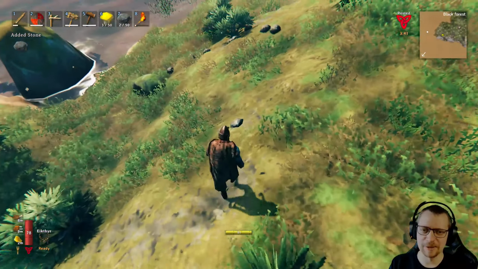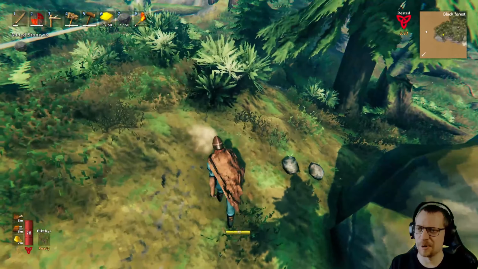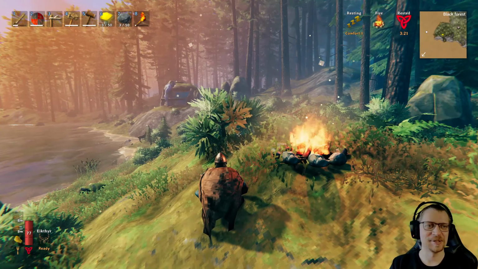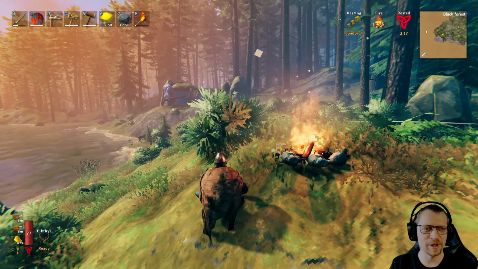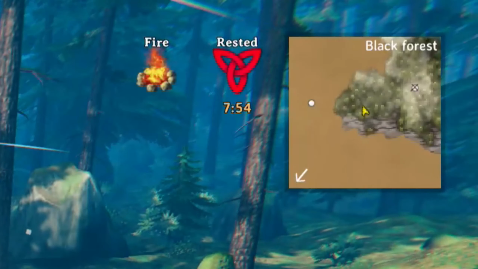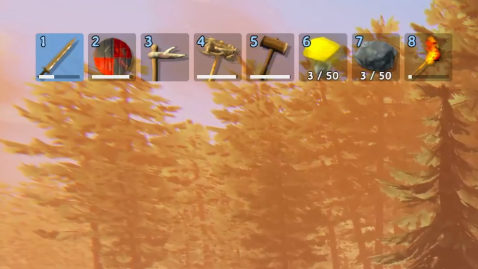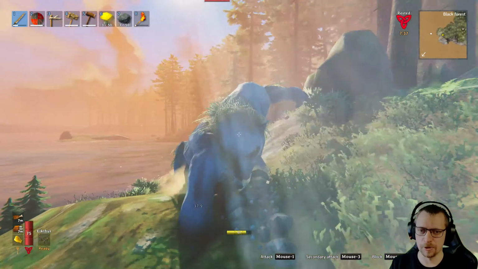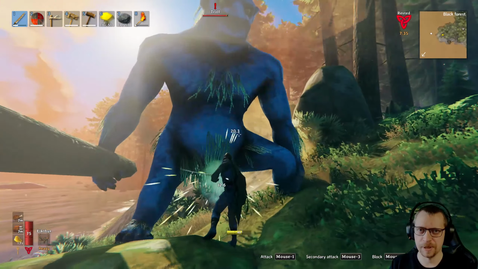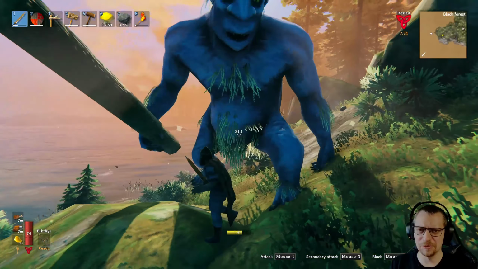But luckily, there's rocks everywhere, like it is destined for us to fight here with the rested buff. Right, let's just wait for the rested buff to recharge. 8 minutes should be more than enough for us to defeat this troll. And there we go. Now the question is, do we have enough durability for us to defeat the troll with the sword? We shall see. Oh, there comes the crushing. Yeah. A little bit too...